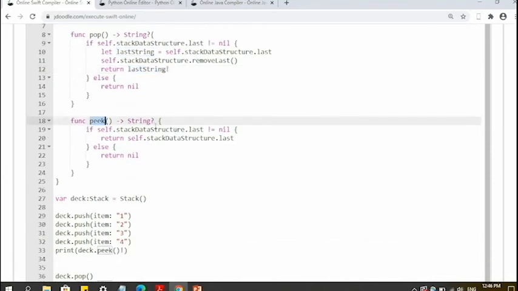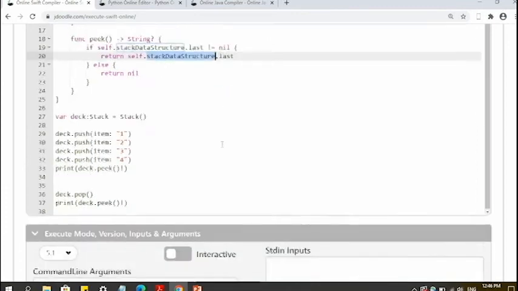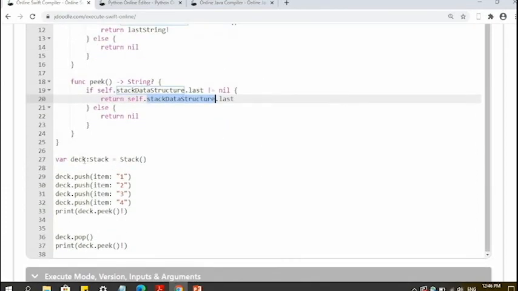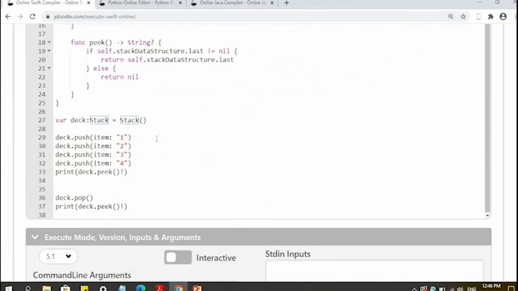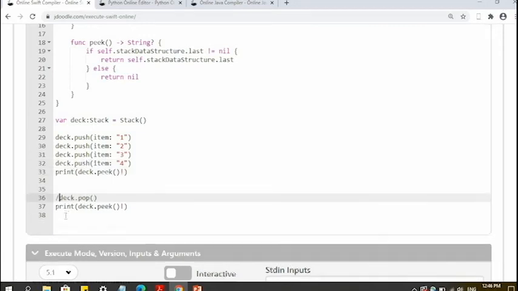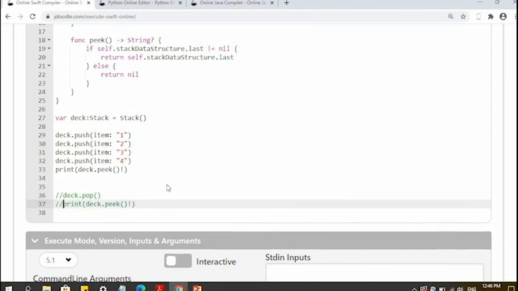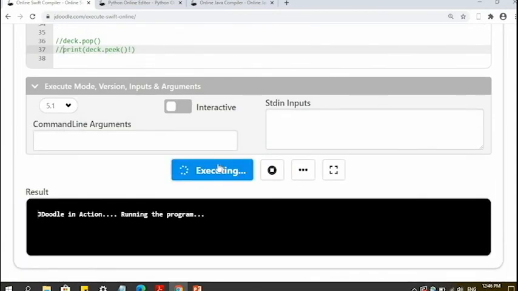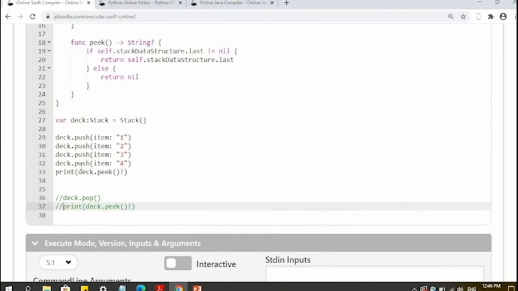Similarly, peek is like searching or seeing. If last is not null, then it returns the value. Now I have initialized this variable as a Stack, which I made here. The object is initialized. Now I'm pushing 1, 2, 3, 4 and printing the values. I'll comment this out, and when I run it, you see the 4.